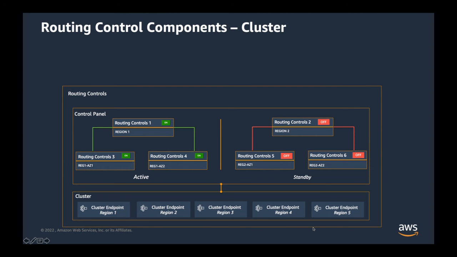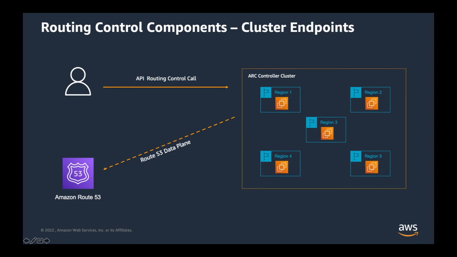So a cluster is a set of 5 redundant regional endpoints against which you can execute API calls to update or get the state of a routing control. Something to keep in mind here as well is that you can host multiple control panels and routing controls over one cluster. We do have some documentation on that, based off of quotas and how each apply to each other. What you're seeing here is a representation of those 5 regional endpoints that you can use for setting and retrieving routing control states for each of your ARC clusters.